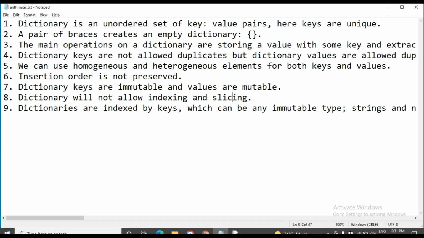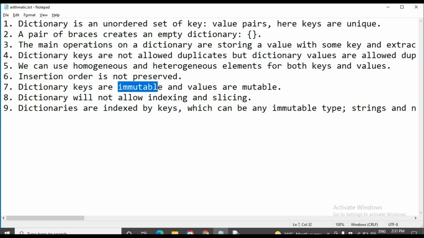So we can't do any indexing and slicing on the dictionary. And dictionary keys are immutable, values are mutable. Keys are immutable and the values are mutable. So far we have discussed the string, list, tuple and set.